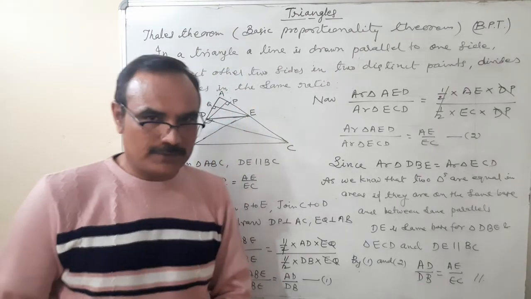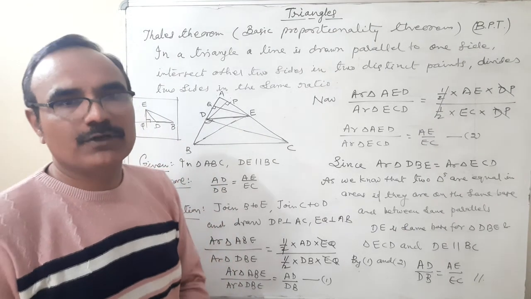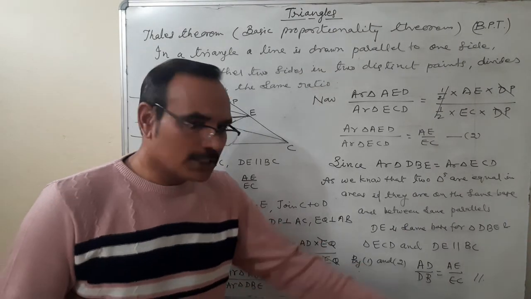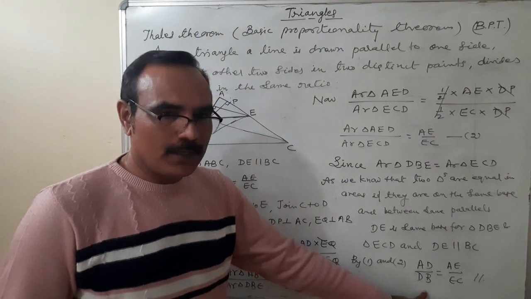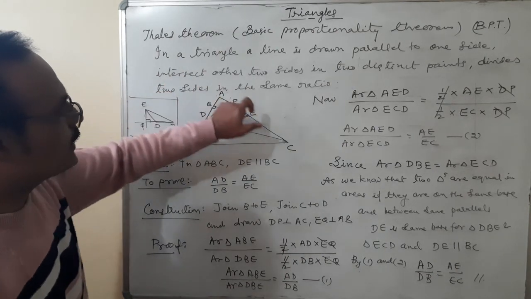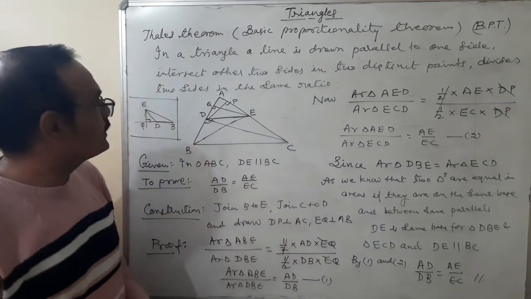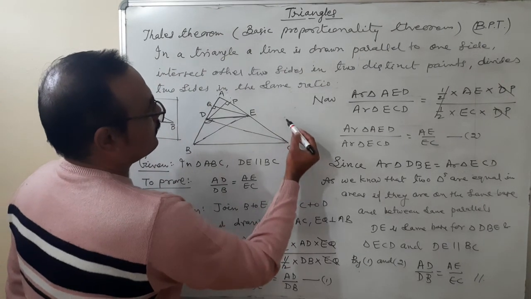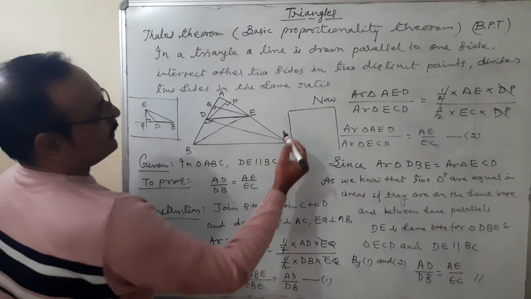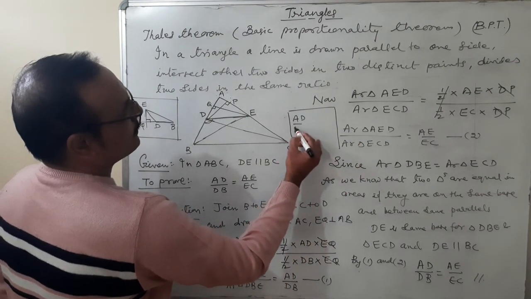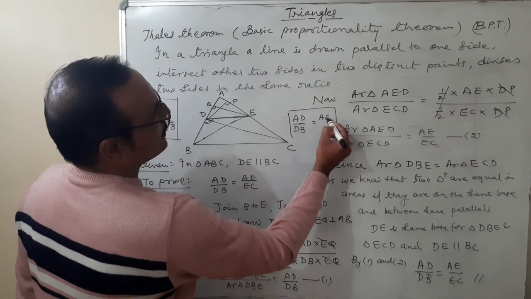So this is the proof of Thales theorem, or we can say the basic proportionality theorem or the fundamental theorem of geometry. But not only this proof, two more proofs are required here. Number one, already we have proved that AD upon DB is equal to AE upon EC. Here I am using one more concept. If AD upon DB is equal to AE upon EC,